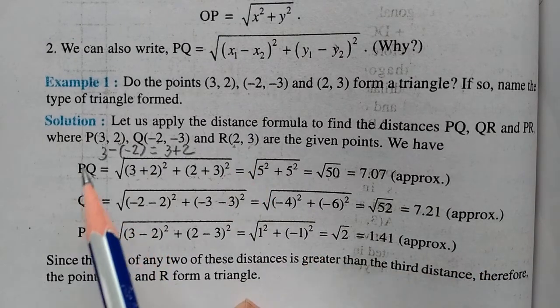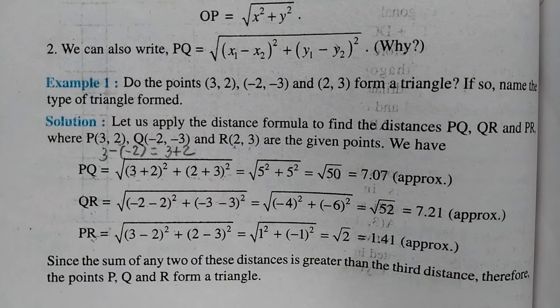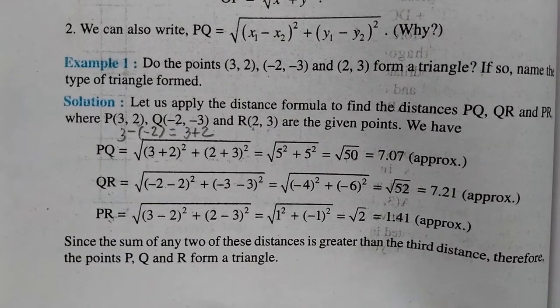Okay, let's go children. So PQ, QR, PR is explained. Move to the next page. Wait 1 minute, children, before we proceed to the next page. Since the sum of any two of these distances is greater than the third distance, therefore the points PQR form